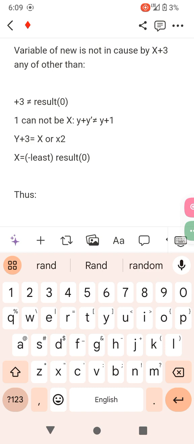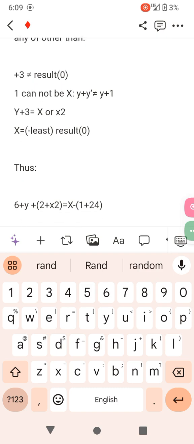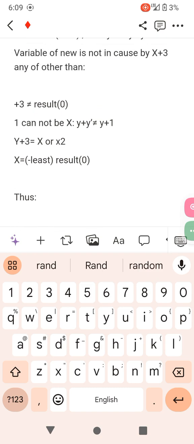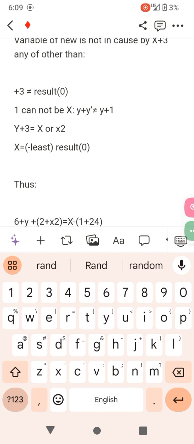Plus 3 equals result 0. Meaning, if that plus 3 unequals result 0. If that never comes true, 1 cannot be x. And if result 0 is unequaled by anything but what is of not x somehow, sometimes, then